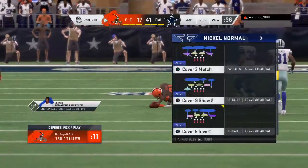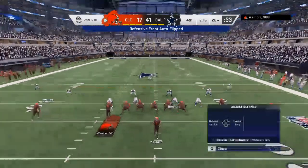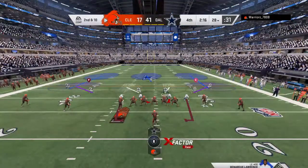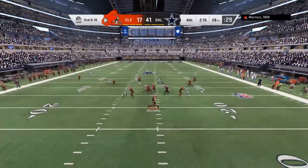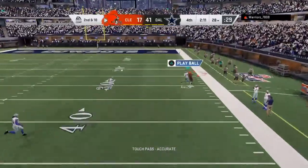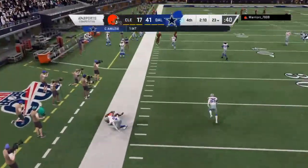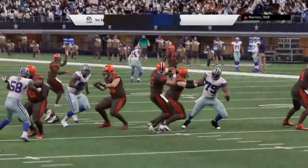This defense is continuing to contest every deep ball that is thrown downfield. And, look, it doesn't matter whether you're playing man or zone. Eventually, that becomes man-on-man, and you've got to trust yourself and go up at that moment of truth and make a play on the football. They'll let it go deep for Beckham. And his pass is intercepted for the 4th time today. Chidobe Awuzie with